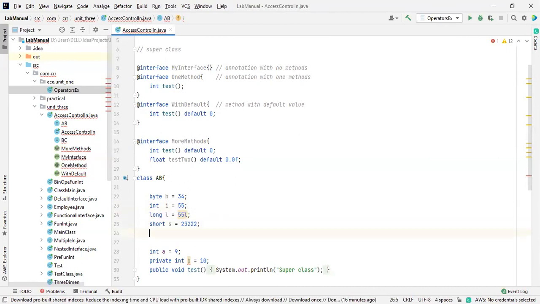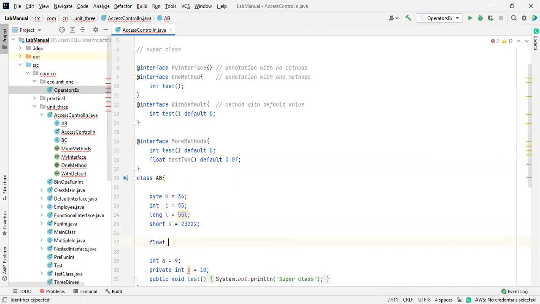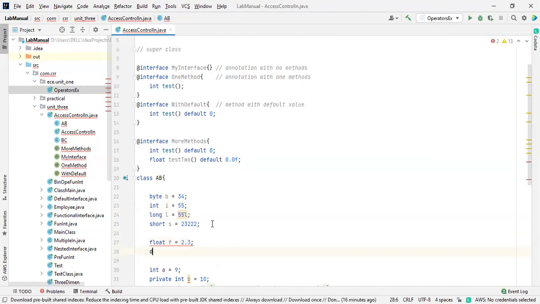Please remember this one. In the case of decimals also, float f is equal to 2.3, and double d is equal to 2.6. Here it is somewhat different. Here it is considered as a float, but we need a float, I don't need a double. What I need to do here is mention a small f or a capital F. By default, it is considered as a double, but we need to tell the compiler, I need only a float, not a double. That's why we mention a small f or a capital F.